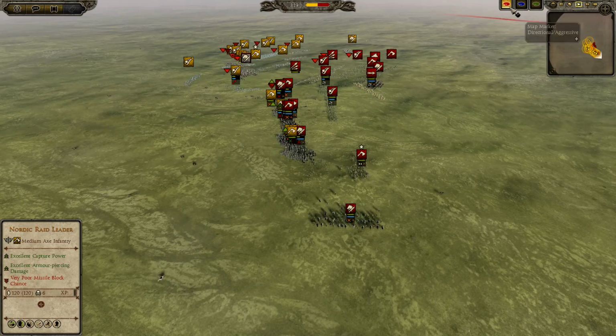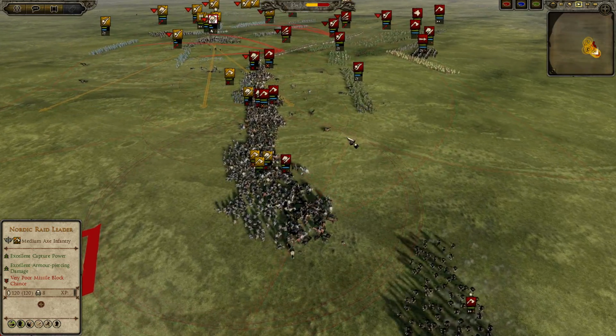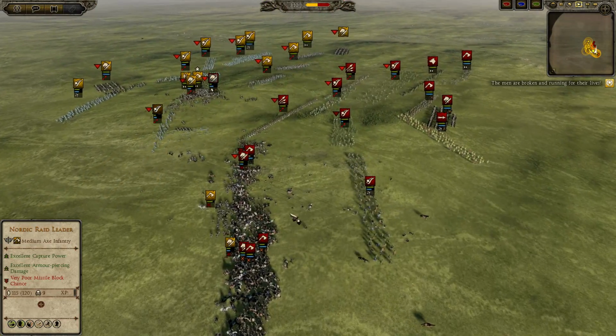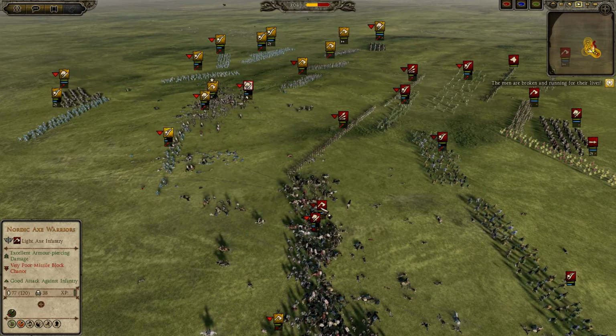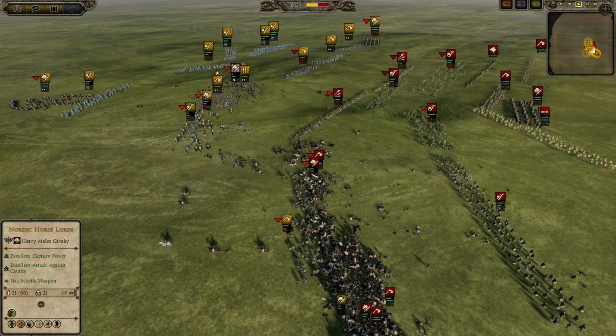The Saxons are being very slow over here with the attack. Nordic Raid Leader trying to flank, but this Heroic Cavalry won't hold for much longer, and it's being definitely not very effective. Though the Saxons pushed through over here against the Nordic Horse Lords, so...